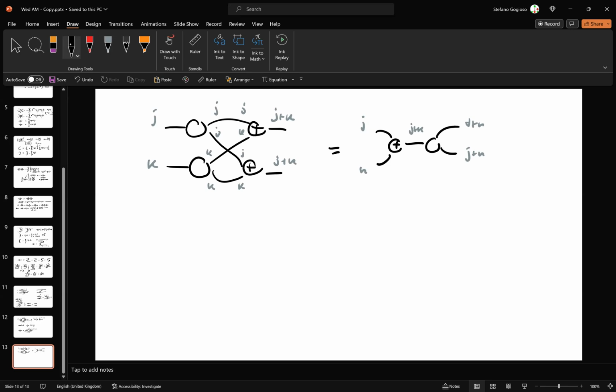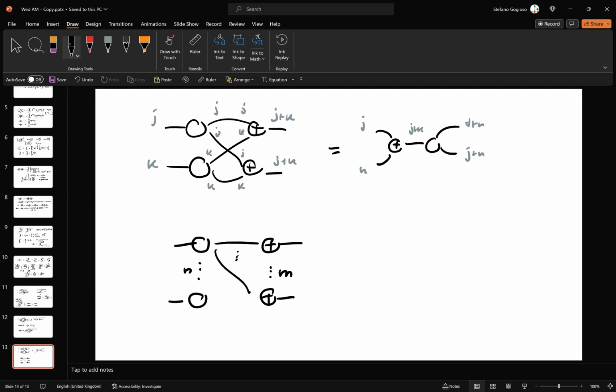In a sense, this is boring because it's the same rule that we got before, but I can take the opportunity to give you the general version of this rule. The general version says that if I have any number of copies on the left and any number of copies on the right, and I connect them with a K_{n,m} bipartite graph, so each copy on the left is connected to each copy on the right, then this is the same as having a single addition with n inputs and a single copy with m outputs. And again, this is the same because you can take J1